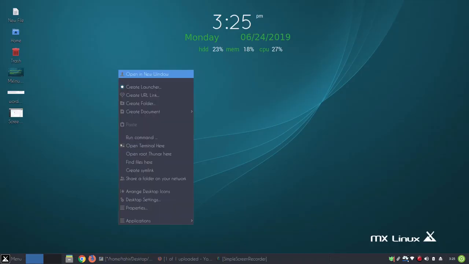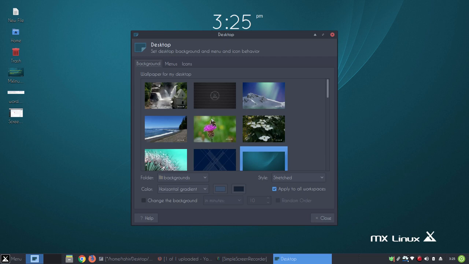If you right click anywhere on the desktop you will see different options. You can create launcher and you can create folder documents. You can also open terminal and you also have some other options. But the important one is arrange desktop icons and desktop settings. If you click on desktop settings, the first option is